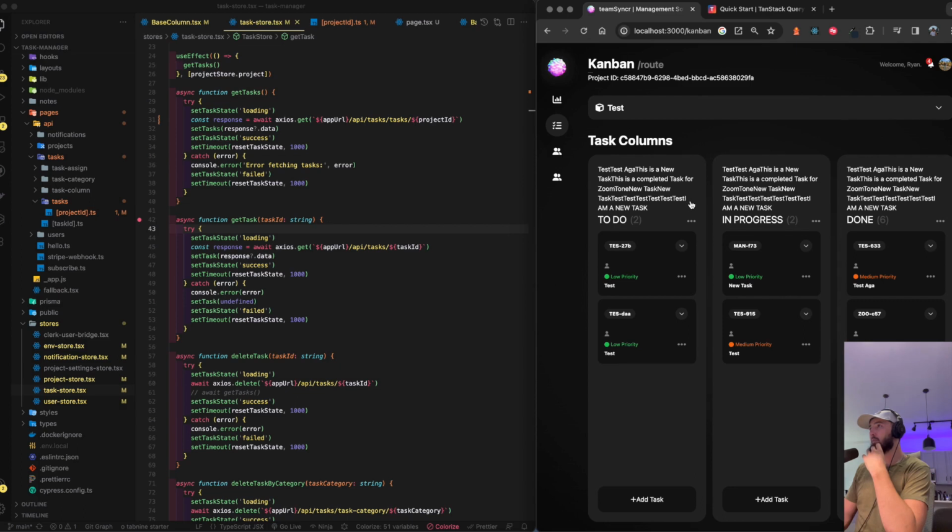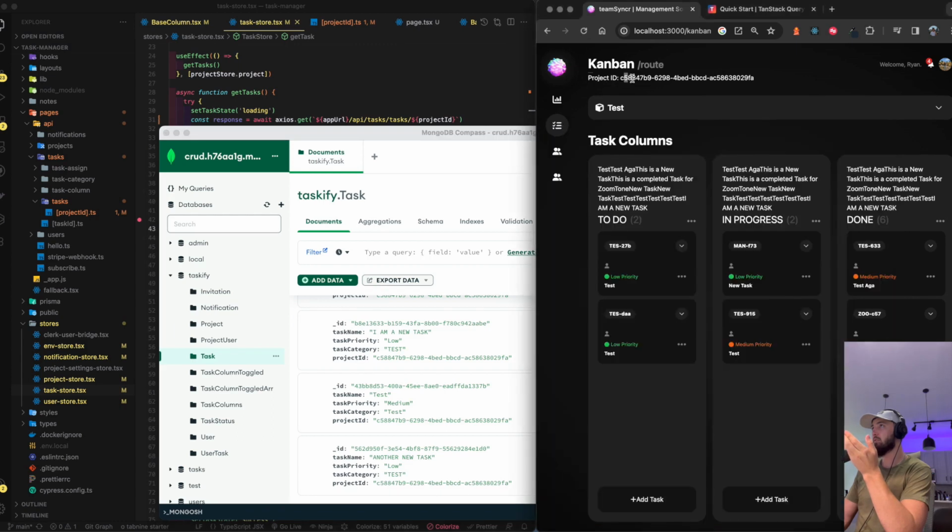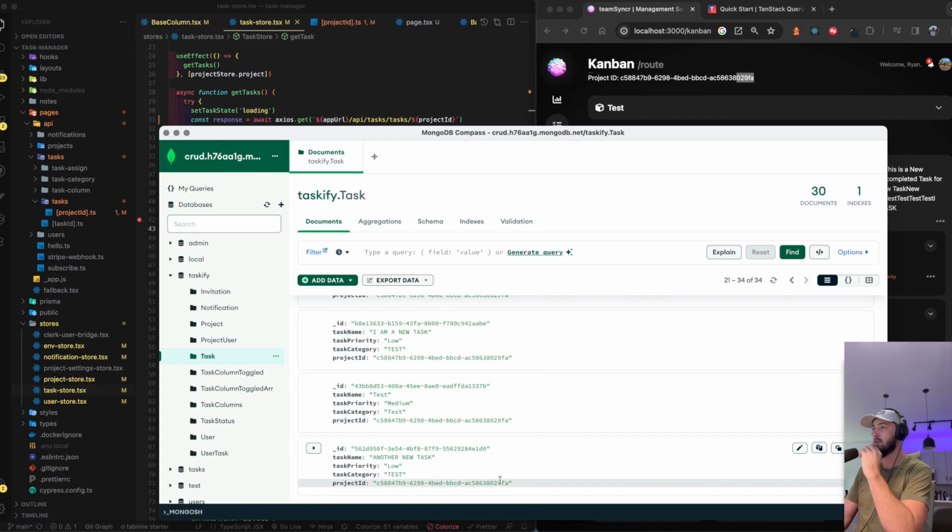So we have, I am a new task. I just posted another new task and I'm not seeing it. And it gave us a success response, I thought. And we should see it in the database, which I believe we do. Another new task, and it's associated with this project ID. So C588 ending up with 029FA, C588 029FA. And